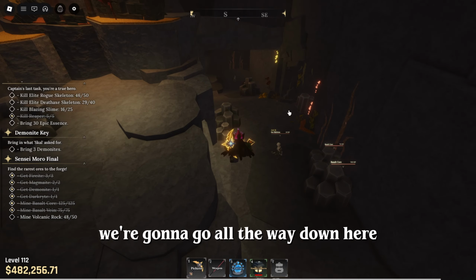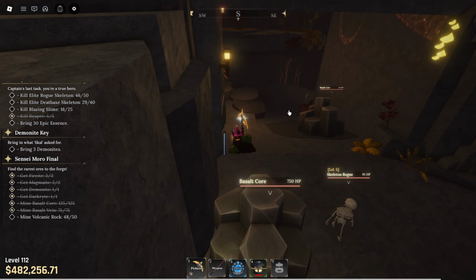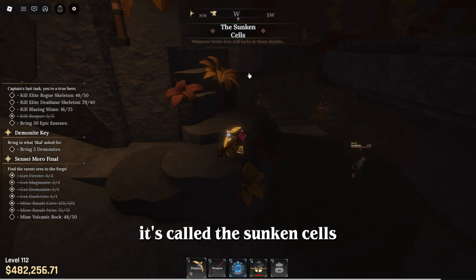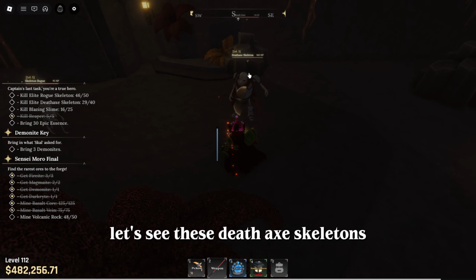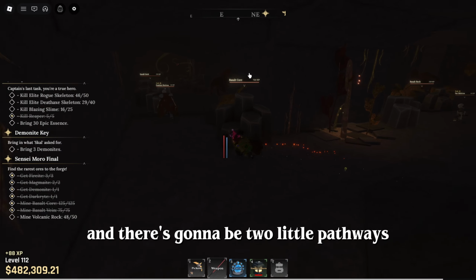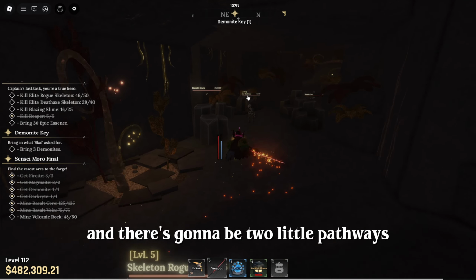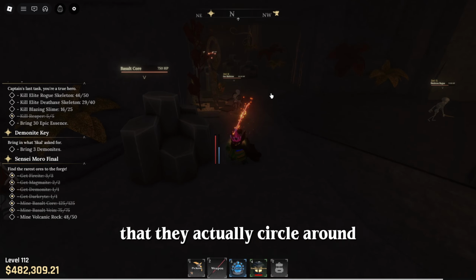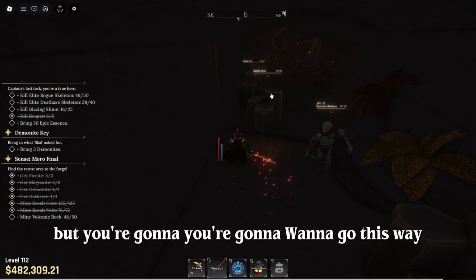Okay, moving on, we're gonna go all the way down here, and you're gonna see this. It's called the sunken cells. There's a little place above it. You don't need to use that, but there's a lot of mobs here. You see these death axe skeletons, and there's gonna be 2 little pathways that they actually circle around, but you're gonna want to go this way,